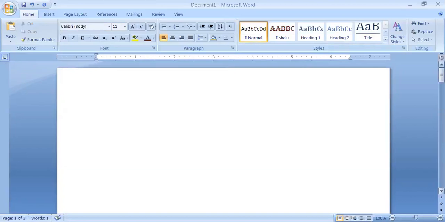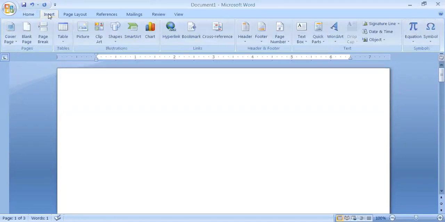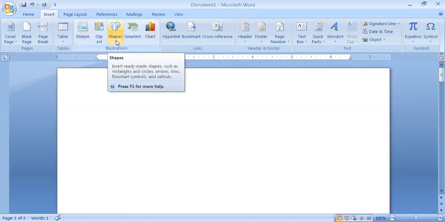So now starting with the first topic, that is how can you insert shapes in your document. As I am using the term insert, you will have to go to the Insert menu. From the Insert menu, you will have so many options there like picture, clip art, shapes, SmartArt, chart. And what I am going to learn is how we can insert the shapes.